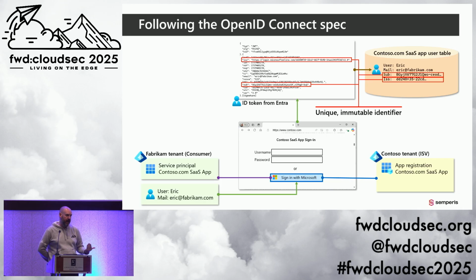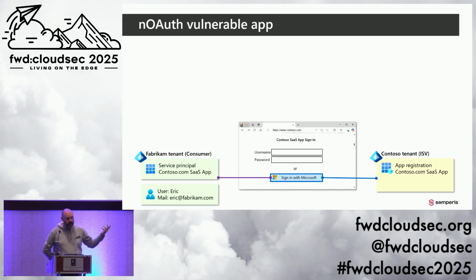The issuer is the tenant ID for the Entra tenant, which is always going to be globally unique. The subject is a pairwise identifier that's basically some hash combination of the user's object ID, the application ID, and the tenant ID. So you can be sure that if you see this subject coming in an ID token, you always know this is that user. From an Entra perspective, this is immutable. There's no way you can modify or manipulate the subject claim.